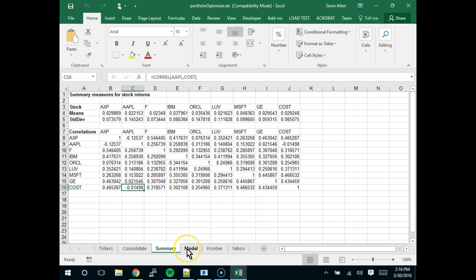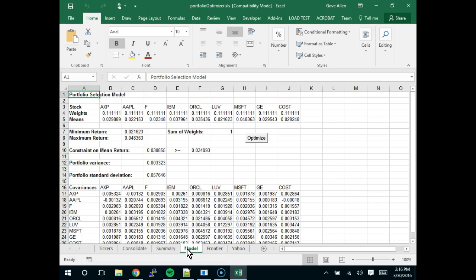Let's then take a look at the model. So here's what we're going to try to optimize. In the model, here's just the means for each one of these stocks, and then here's the weights. When we build this, the VBA that builds this just says we're going to start by equally allocating this